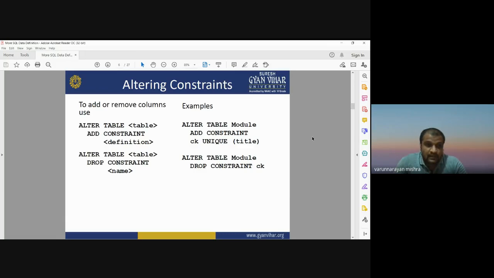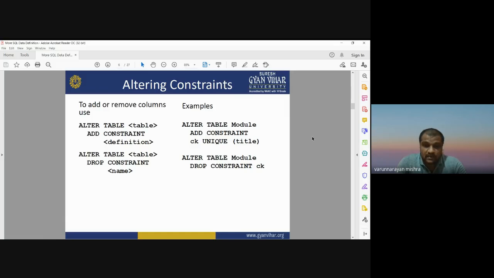Okay. And with ALTER TABLE, you can also use drop constraint. You can add a constraint by using ADD CONSTRAINT. You can delete any existing constraint by applying the command known as DROP CONSTRAINT. So DROP CONSTRAINT and ADD CONSTRAINT are two commands within the altering table option to add or remove a constraint. So for example, how will you write the syntax, the code for altering a table?